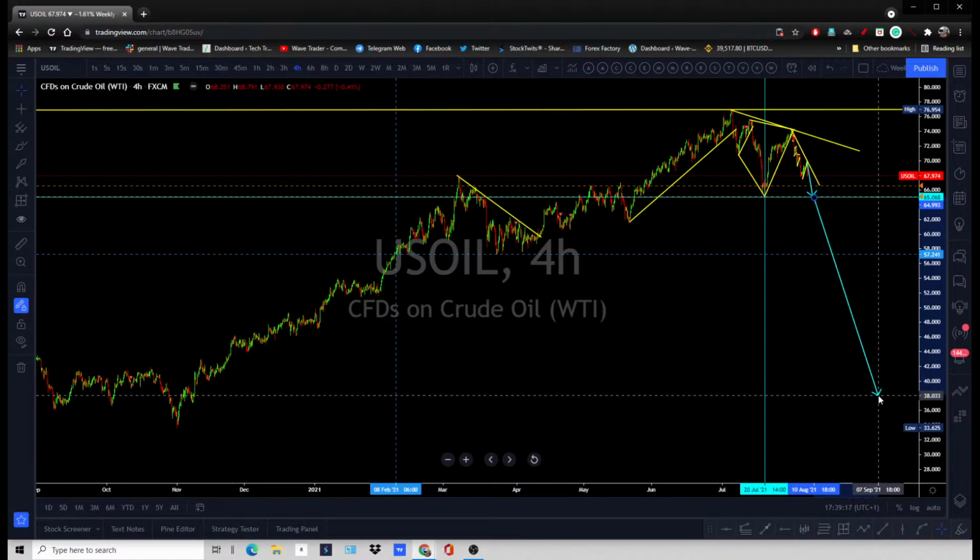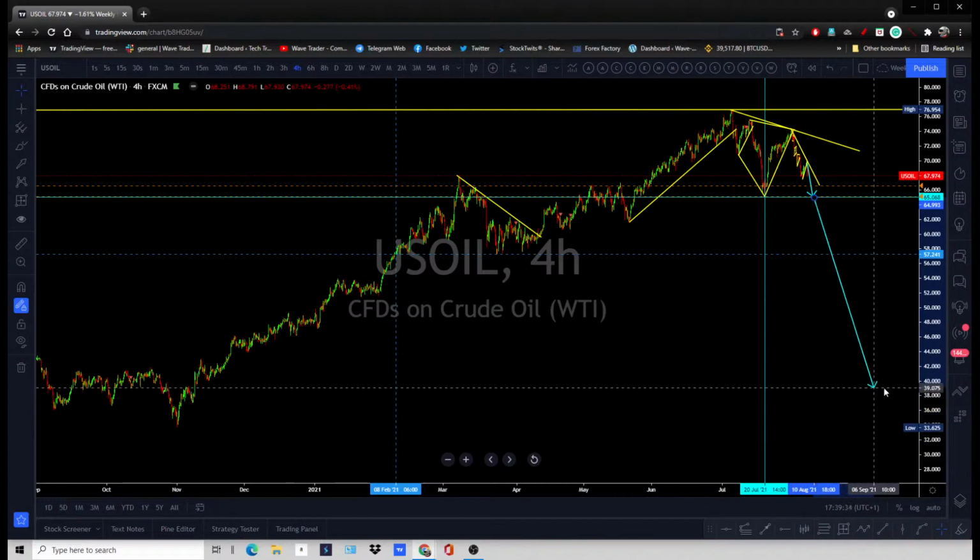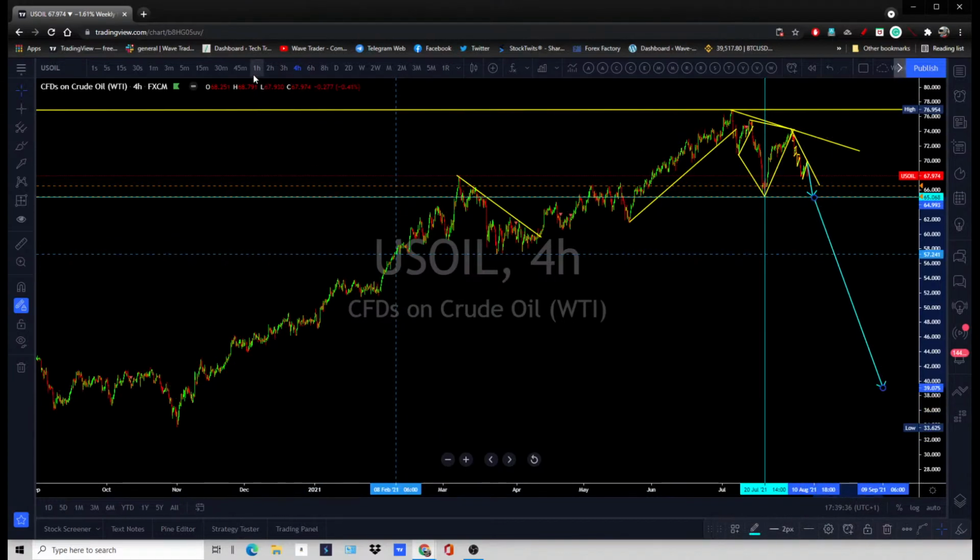The 35 area is not going to come anytime soon, as we know that OPEC countries are still trying to keep the prices high. So it is going to drop when we have something bad, when bad news hits the market. Then you are going to see aggressive selling. There is no aggressive sell right now, or big drop in oil prices.